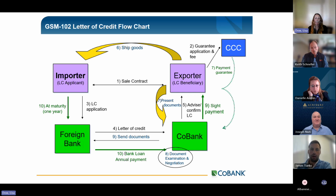The financing bank advises the letter to the exporter, then the exporter would ship the goods. The exporter would present the documents to the U.S. financing bank, complying with the terms of the letter of credit, including all of the documents that are required by the CCC under that payment guarantee. The financing bank will examine the documents, and if everything is in good order, then the financing bank will make the payment to the exporter, and then finally the foreign bank will make the payment at maturity to the